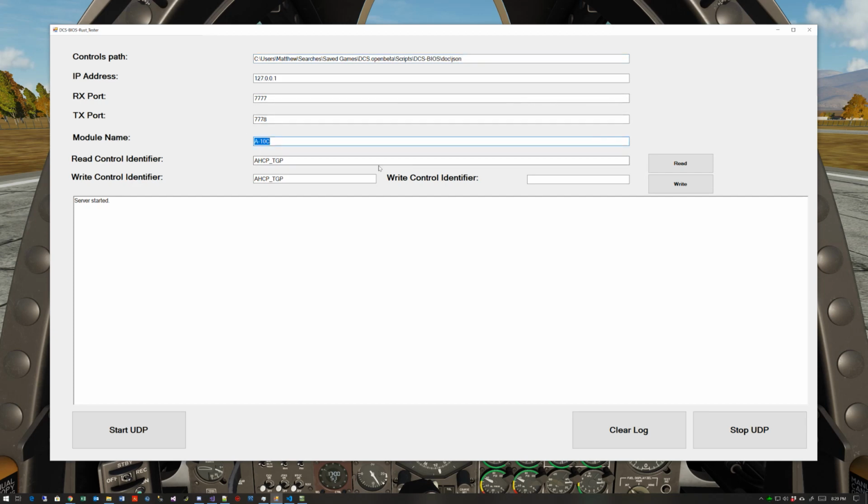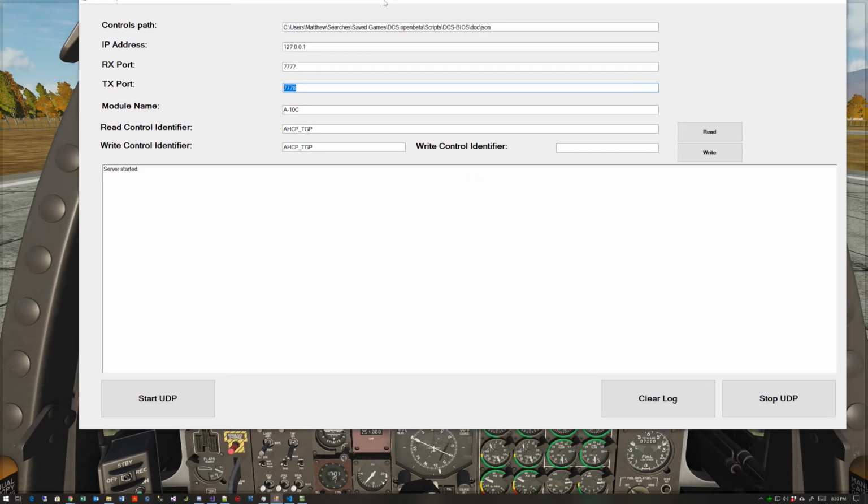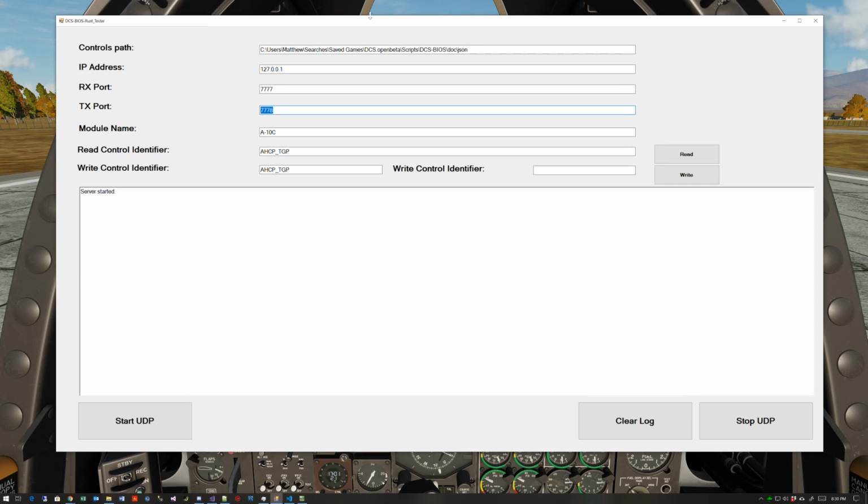You shove the module name in, or look at the file name and put the equivalent in, and that'll get the library to look at the right file. You've got your IP address here, I'm local, and then you've got your regular UDP ports for receiving the protocol and transmitting the protocol. So here we are in an A10, and we've got TGP as the